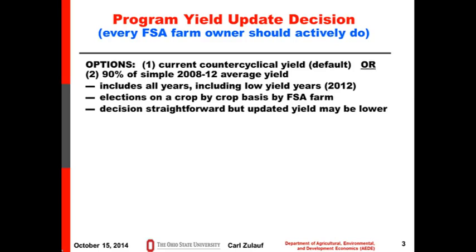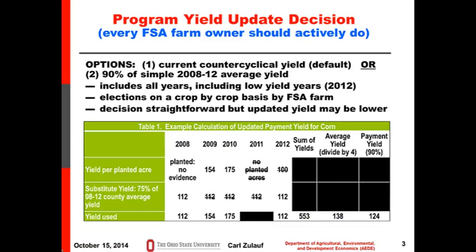The decision is pretty straightforward, but the updated yields may be lower, and there's some other nuances to this decision that I want to discuss with you, and in particular through the use of an example. This is simply an example that's created. It represents no individual particular farm. You can see that you have yields per planted acre in different situations, and I want to go through each one of those situations. This is a crop that was planted in 2008, but there is no evidence for that